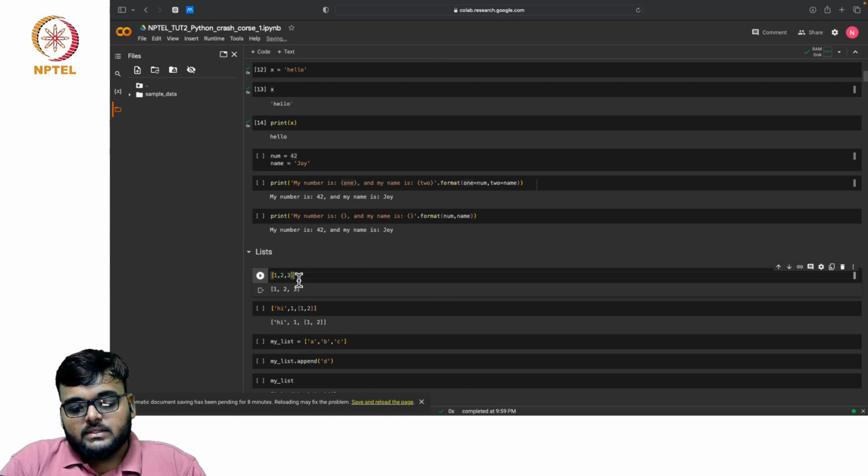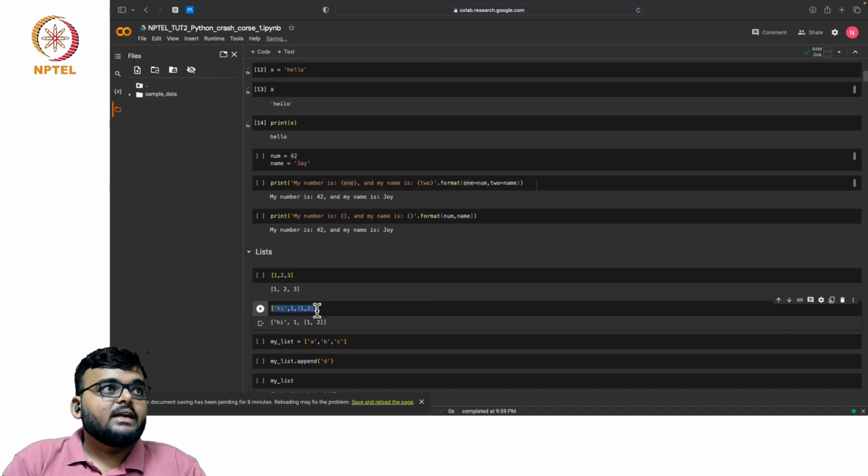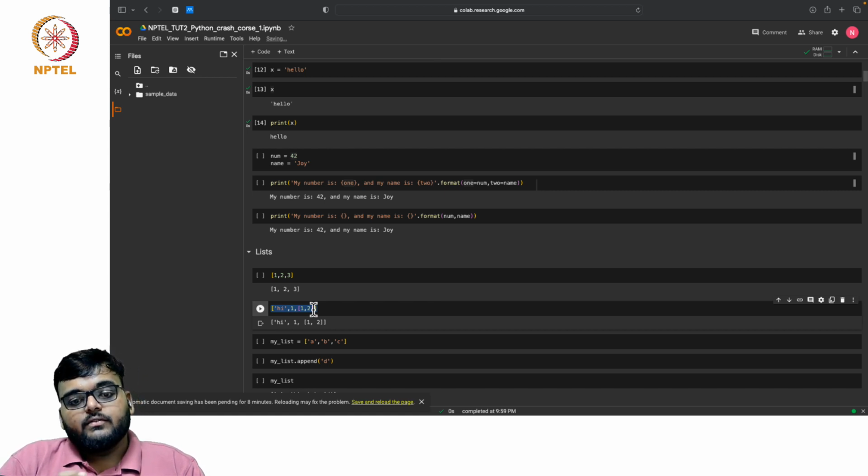within square brackets. If you have square brackets, then this is a list. Here there is something called a list of lists, so you can have a list inside a list. Say this 1, 2 is again a list. So this is a list of lists. And similar to defining the value of a variable, we can define a variable for a list